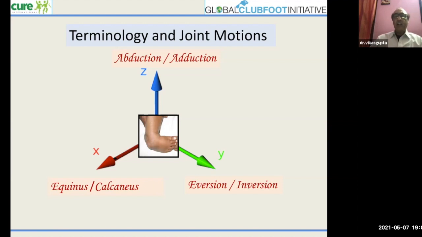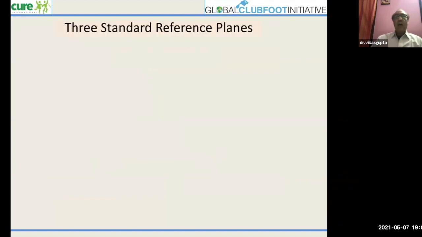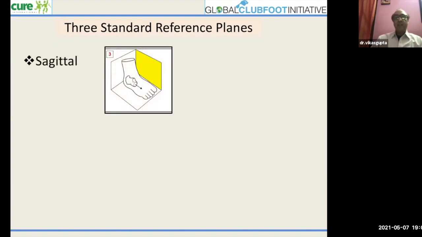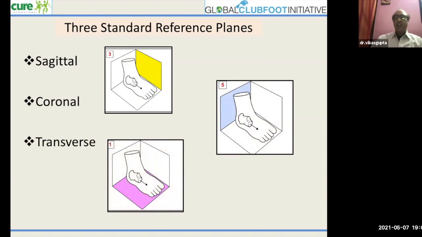The clubfoot deformity does not occur in one plane; it involves multiple planes or axes. And you can see from this diagram that all these deformities occur in different planes. So I'll come to these planes one by one. You all know that when you describe a fracture, you describe three standard reference planes. What are these? Sagittal, coronal, and the transverse plane. Now, what I'm describing is the subtalar joint, so I'll describe the movements in these planes, taking the calcaneum as the index bone.